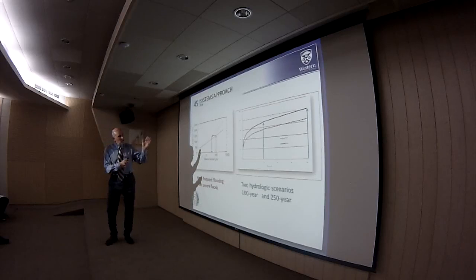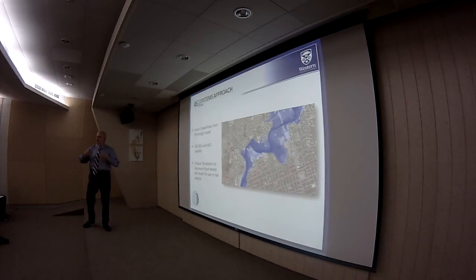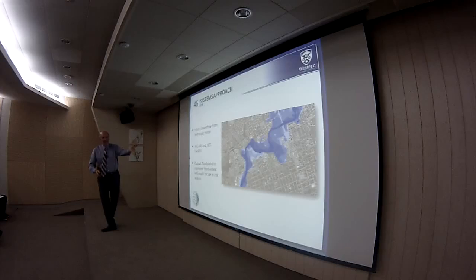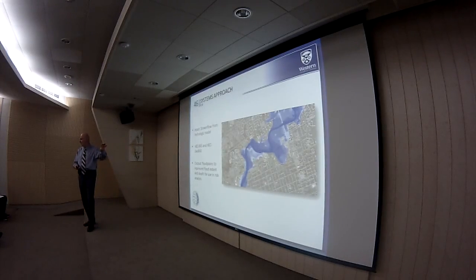So now we had the upper and lower climate change scenario. We had a 100 and 250-year hydrologic scenario, and we were able to do the impact analysis. We used the hydraulic models to find out basically the inundation. What you see here is a very typical outcome, an extent of inundation that corresponds to a particular climate and hydrologic scenario. The shade of blue represents the water depth, and that was the assessment of the hazard. We were able to generate 4 scenarios: climate upper and lower bound, 100-year and 250-year period.